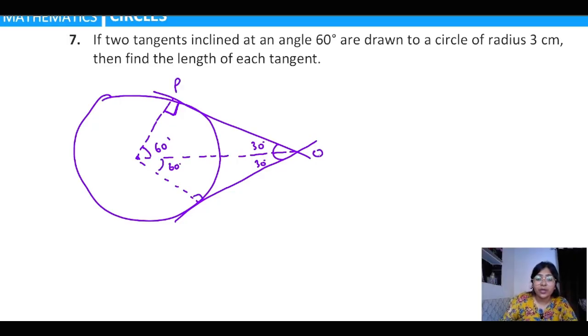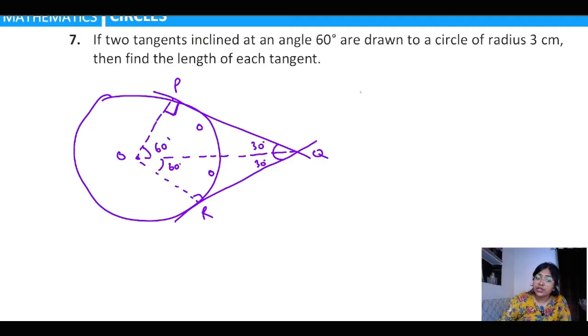PQR and this is O. Now you are thinking, why is ma'am writing the half of the total angle of 60 degrees? Because we have read the theorem that the line joining the center and the point outside the circle acts as an angle bisector. So this OQ is the angle bisector for angle Q as well as for angle O. This is a theorem. We had proved that this triangle is congruent to this triangle.